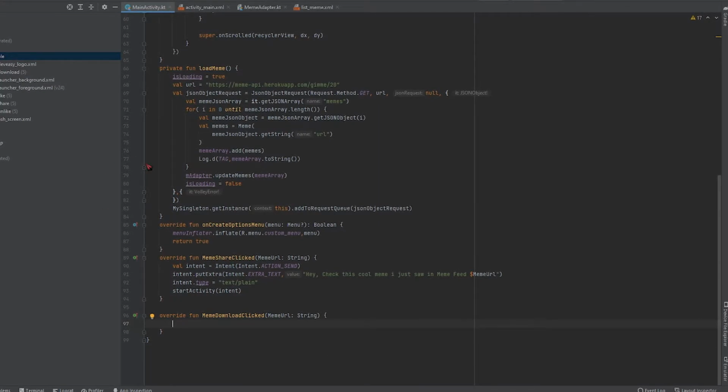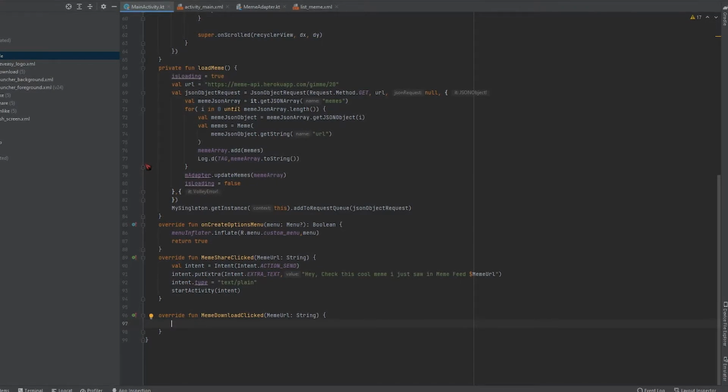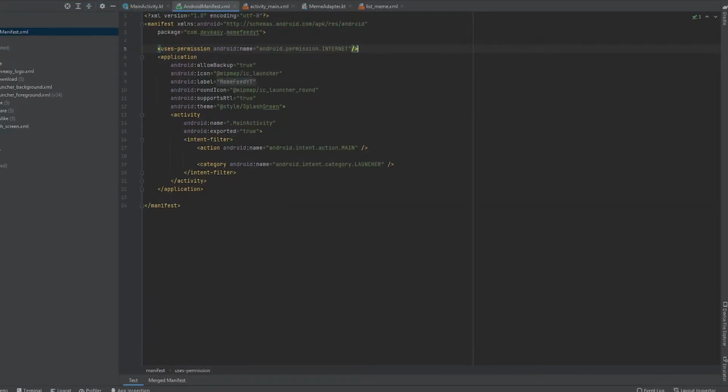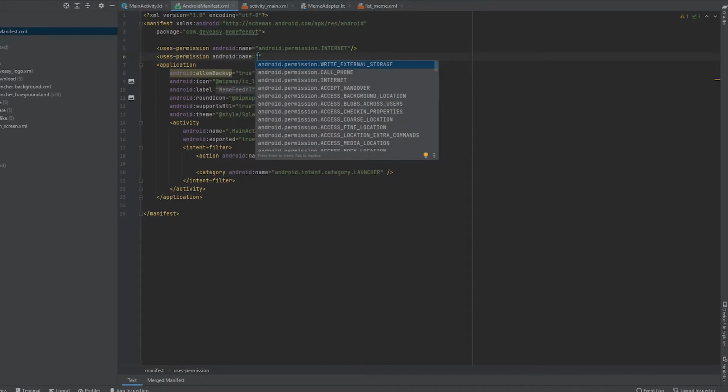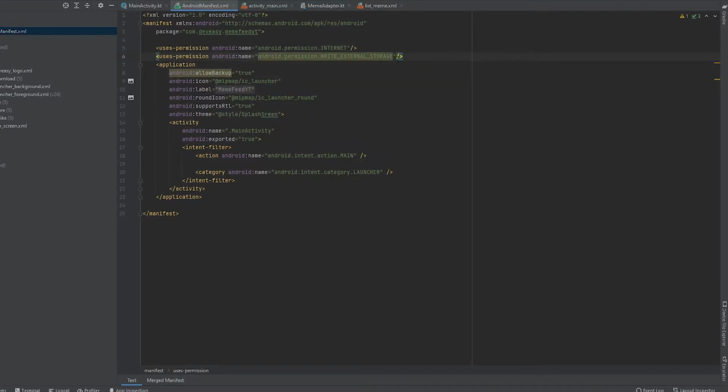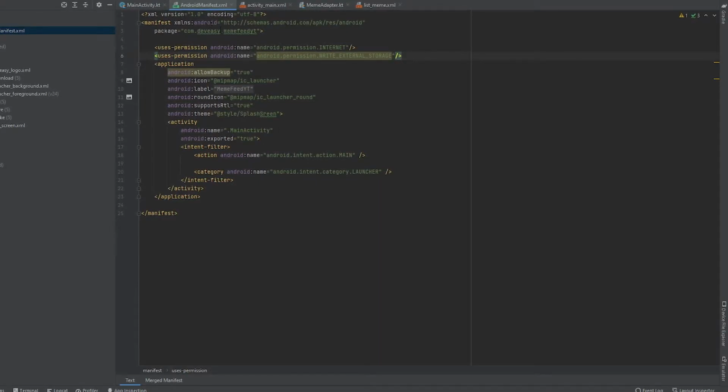Now what we need to do is download or write into our local storage. For that we need to add a permission. So we will go to our manifest, and here we will add a user permission, WRITE_EXTERNAL_STORAGE. This is a permission which we need to add into our manifest so that we can write to the external storage on the user's device.